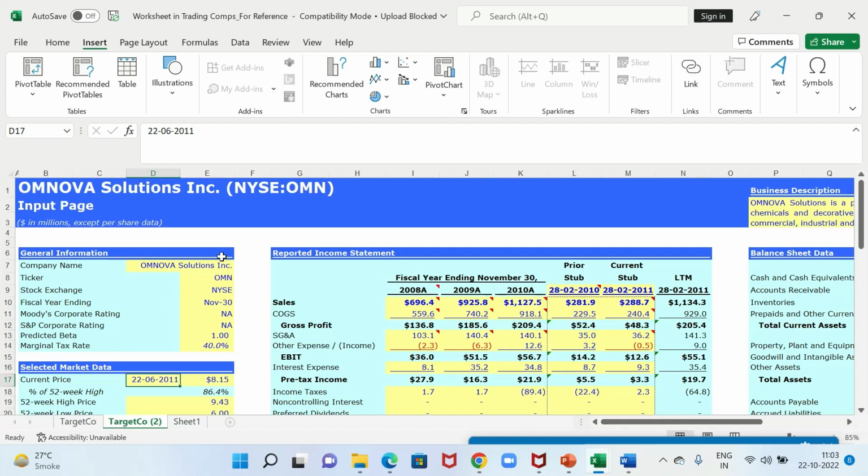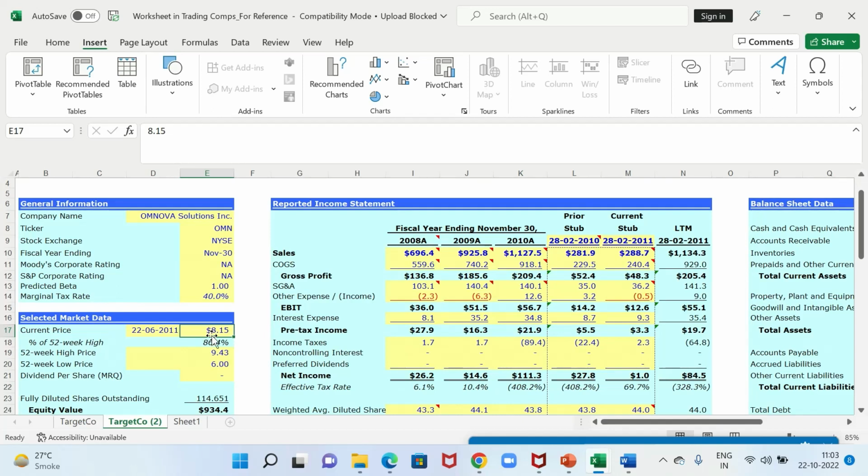But for that, you need access to that. So once you join a company, there'll be another tab over here where it'll say Capital IQ or FactSet. Using those functions, it will refresh the entire sheet for the current market price. So we don't need to manually enter these things. We just need to manually enter the date and ticker. Rest all the things are formula based in a live scenario. For our reference, I've added everything.